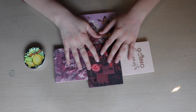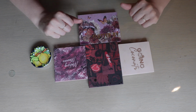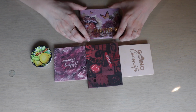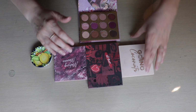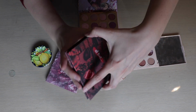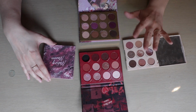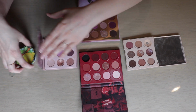Hello! Today's video is going to be a bit of a declutter with a twist. I have 4 Colourpop palettes here, and over the years I have taken shades from other palettes and put them in here, maybe given a few shades away, and as a result I've mixed and matched these so much to the point where these palettes aren't necessarily the original color stories of the palettes, which is the reason I originally